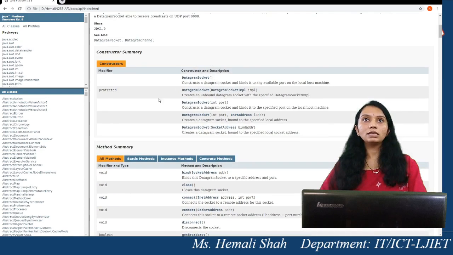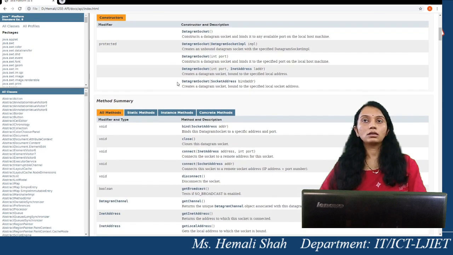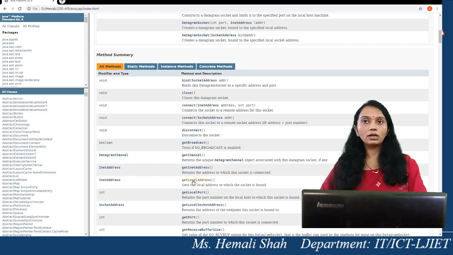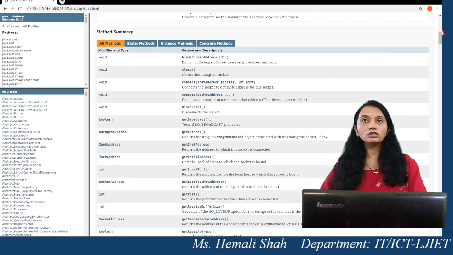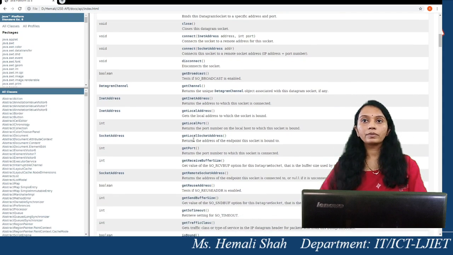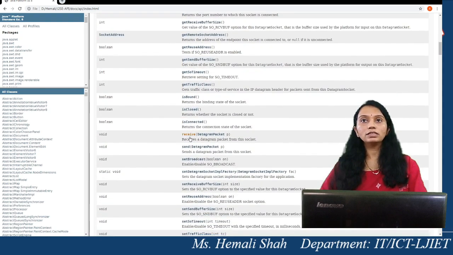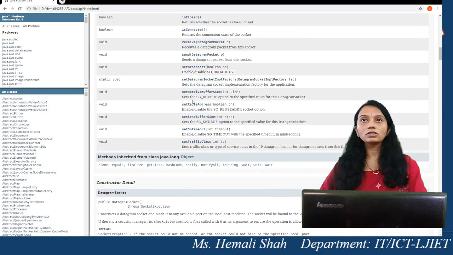Now what is the use of this DatagramSocket object? By using this object you can use many functions in your application. The first functions we will use are the send and receive functions. The send function takes a DatagramPacket as a parameter. So to use the send function, we must have an object of DatagramPacket. Then and only then can we use the send function.